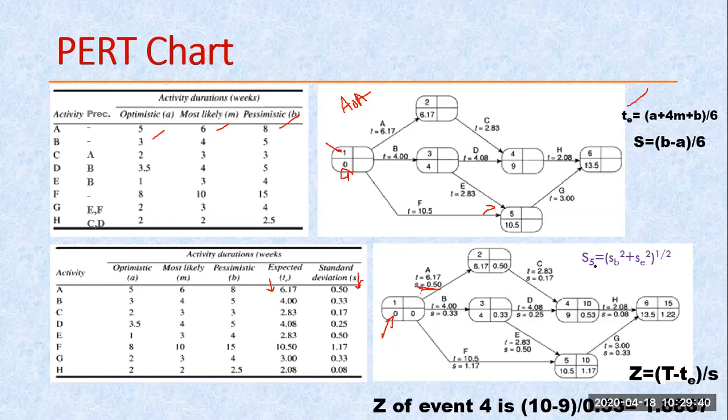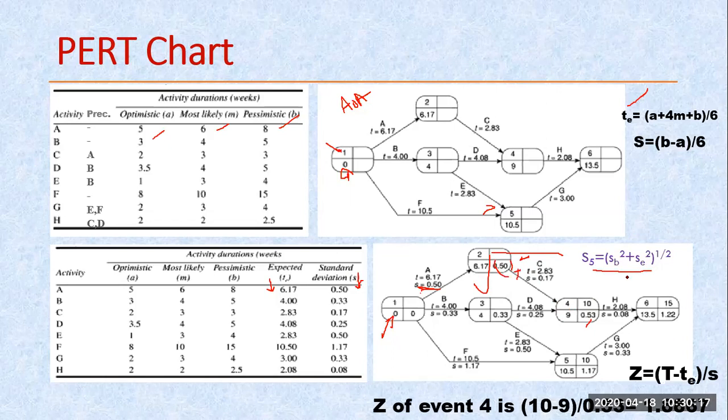So how do I write this? We calculate this value using this relation. Firstly we square this value, plus the square of this value, then sum it up, then take the square root. Whatever value comes, the highest value I have to reflect. I have to calculate from this path also, and from this path also. Which one is the highest value, that we have to write here. So this way we are calculating. The relation is given here, so that you can calculate at your own end.